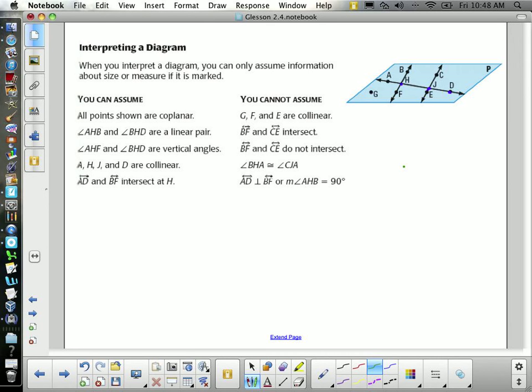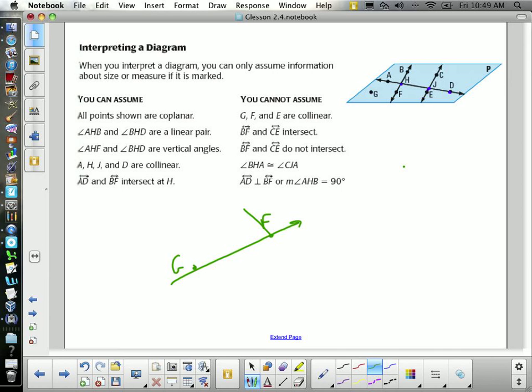Now, I could assume that G and F form a line, because any 2 points make a line. That's postulate 5. And I can assume that F and E make a line, but that doesn't mean G, F, and E both make lines. You're saying, well, but if G and F make a line and F and E make a line, doesn't that mean they're all in the same line? No. What if G was here,